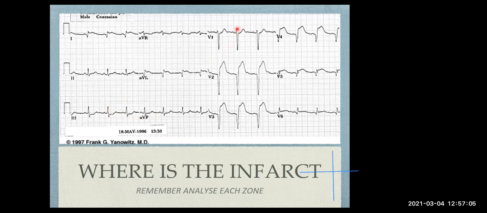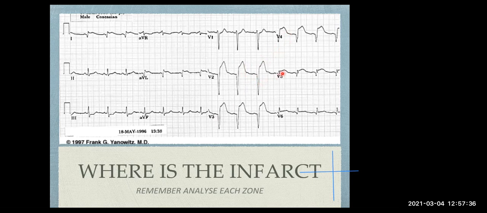Let's go to the septum, V1 and V2. Here you can see massive ST elevations. And these, if nobody's seen it before, this is called a Q wave, but we'll discuss it further later on, okay? So this is a massive ST elevation, so we can see that this anteroseptal part is involved. And this means that this is a reciprocal change here. Then if we look at V3, V4, we can again see these massive ST elevations. So we're starting to get an idea that things are happening on the